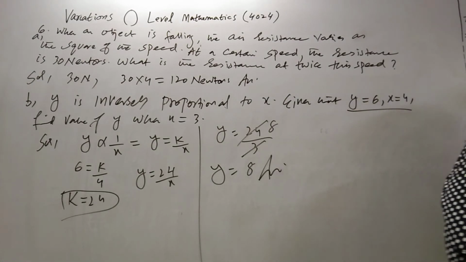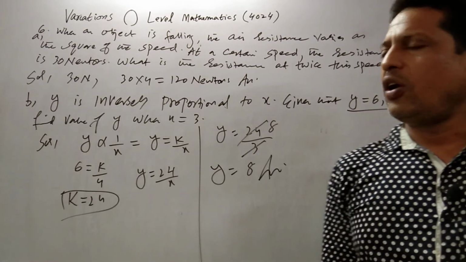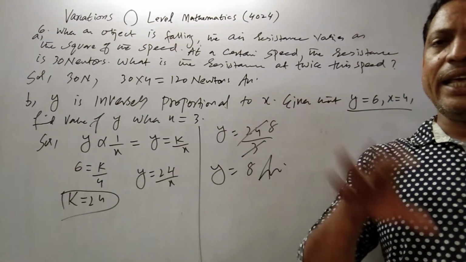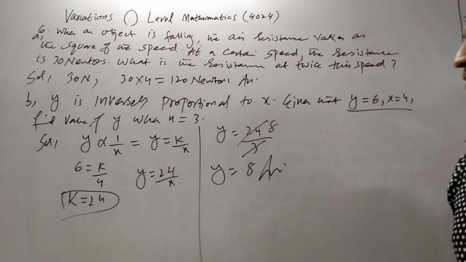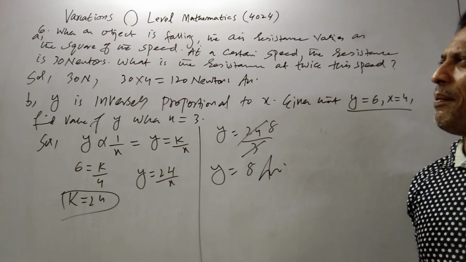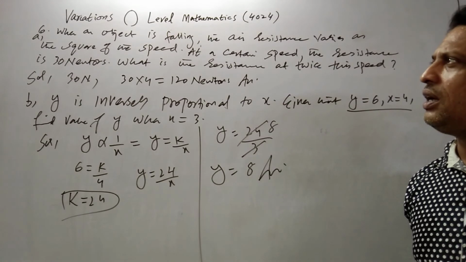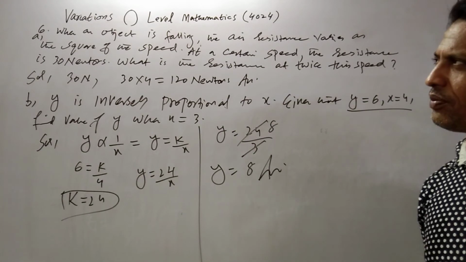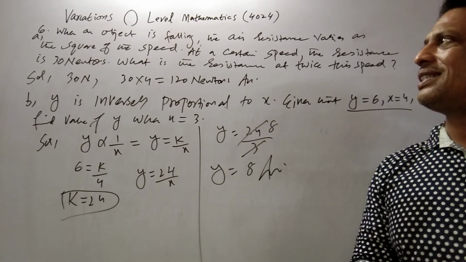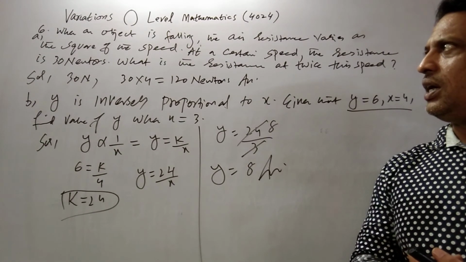So student, this is what we have done in today's class. We have done almost all word problems of the topic variations from the 90s to 2018 paper 1, because this topic almost always comes in paper 1. Very rarely does a question of this topic come in paper 2, part A or part B. So this is our topic. We have finished this variation today, and I hope you enjoyed it a lot.